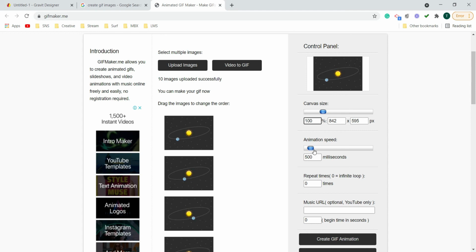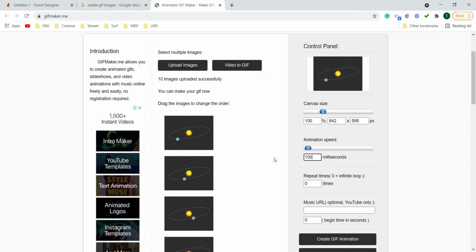So right now the default value is 500 milliseconds, and this is the output of this value. To me this seems a bit slow animation. To speed up, I need to reduce this value. You can see as I have reduced it to 150, the animation has become slightly faster. Similarly, if I keep a lesser value, let's say 100, the animation is going faster.